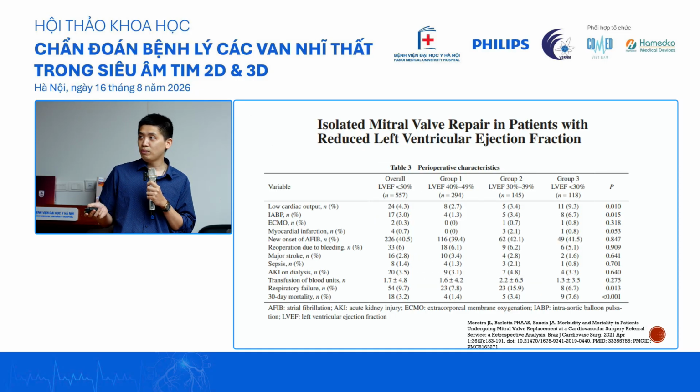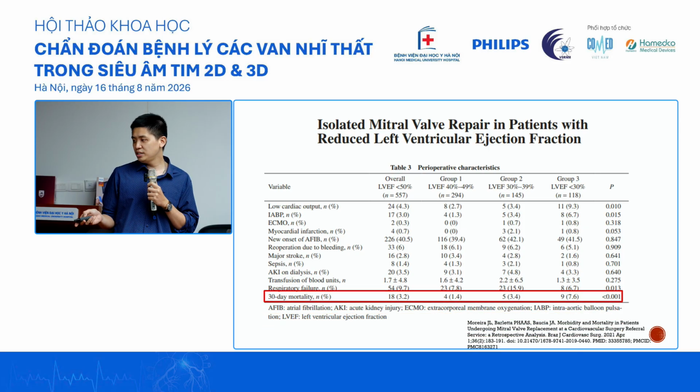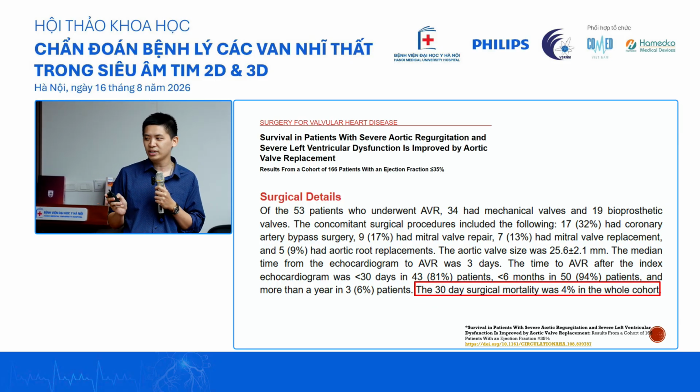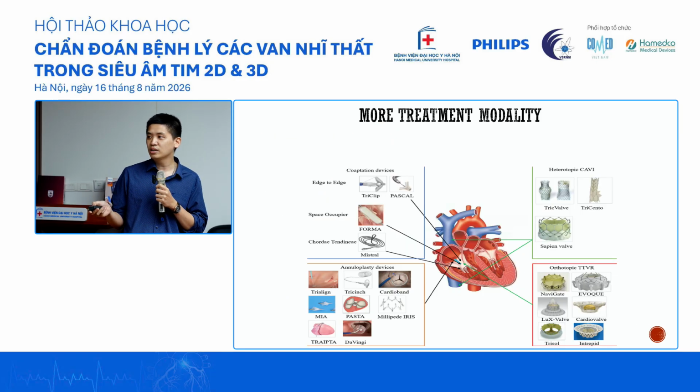Let's compare that to MR. In this case, a patient with MR went to surgery with an ejection fraction as low as less than 30%. And you can see here that the mortality rate is actually only 7.6%. So that is still less than for your well-tolerated lesion. That should tell you something: maybe if the lesion was really well tolerated, you sent them in too late, or the lesion is not well tolerated at all. So that's something to think about, right?